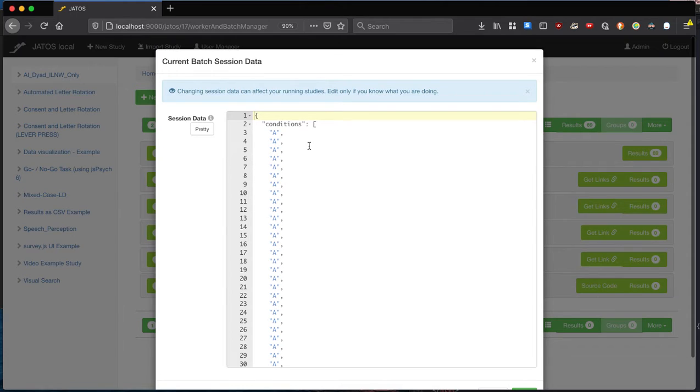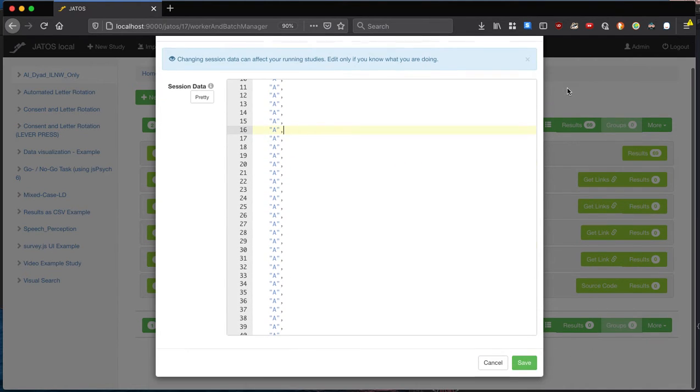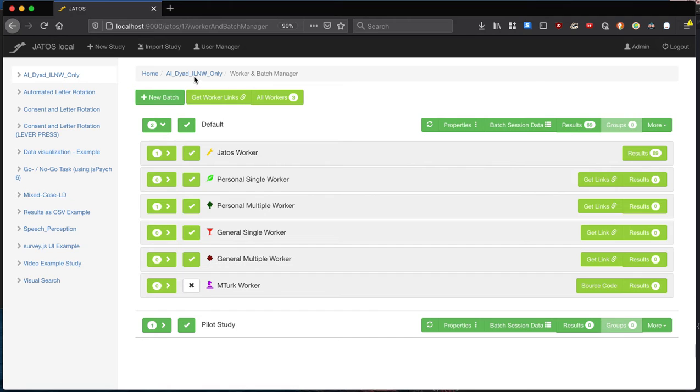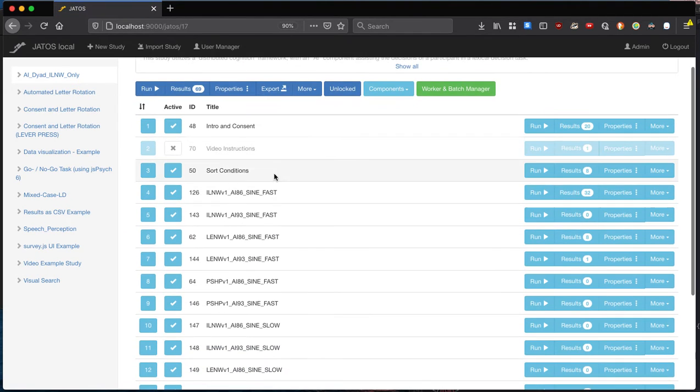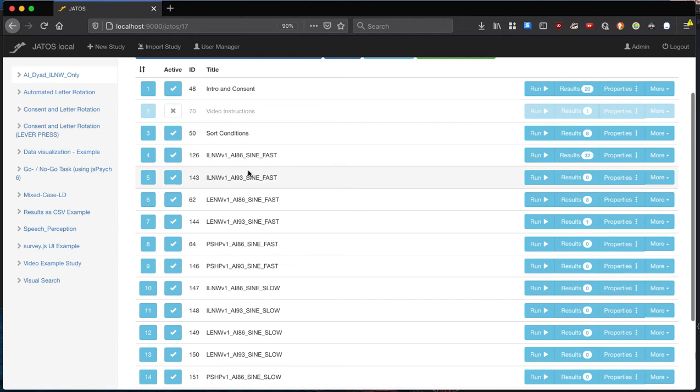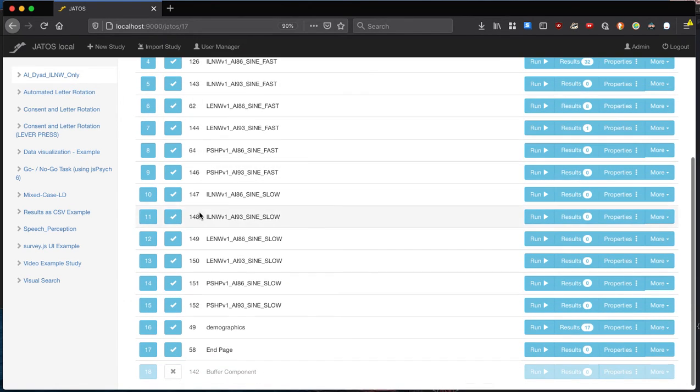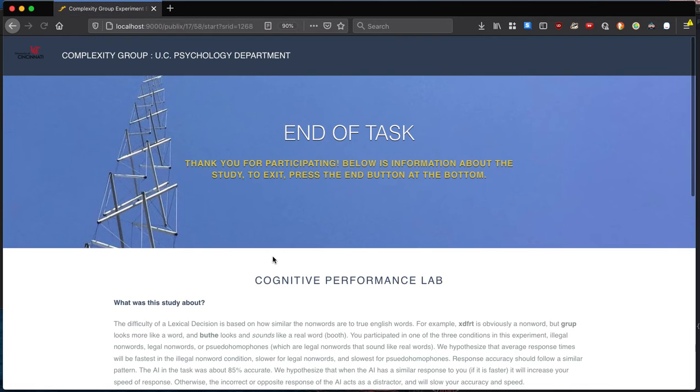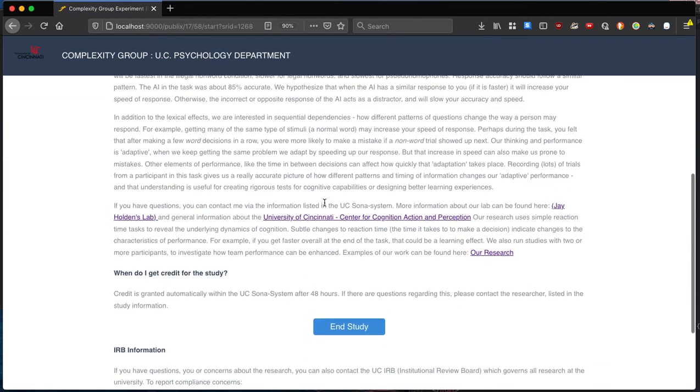Now, the next time a participant runs through this study, it's going to randomly select from this list, which is the same thing it did after generating this condition. So that's how the sort condition HTML code and component works. It randomizes them somewhere into here, and then from there they jump into demographics and they go to the end page. That's essentially everything for this